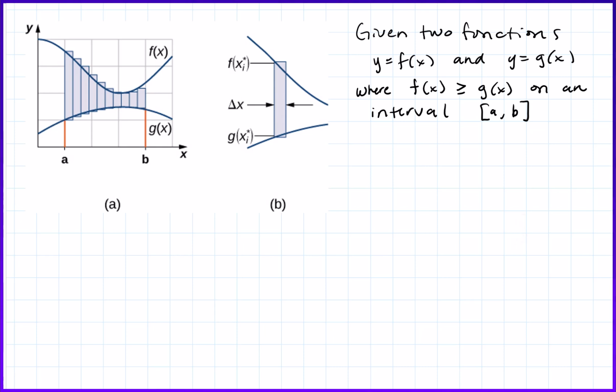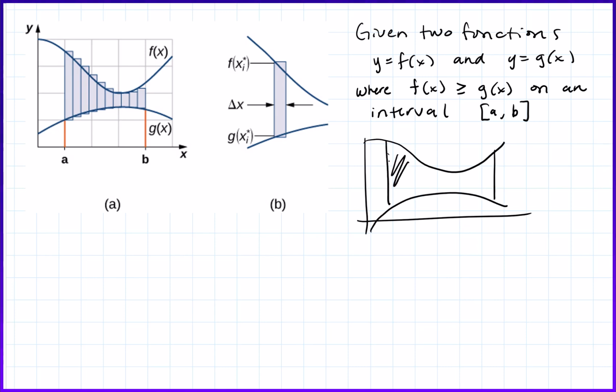So we have that picture. If we were to draw it without the other, I've got this nice little picture here. Here's f of x and here's g of x and here's a to b. If I wanted to find the region between those two, what I'm going to do is divide it up. Here's just a little reminder of Riemann sums, to find the area,